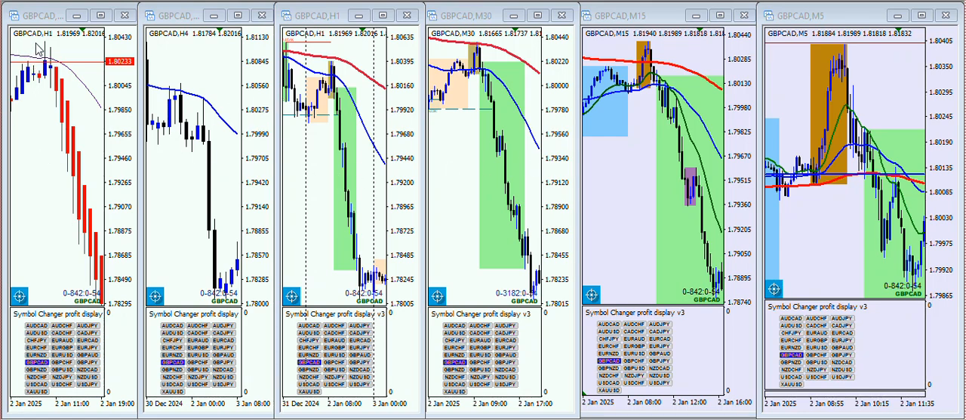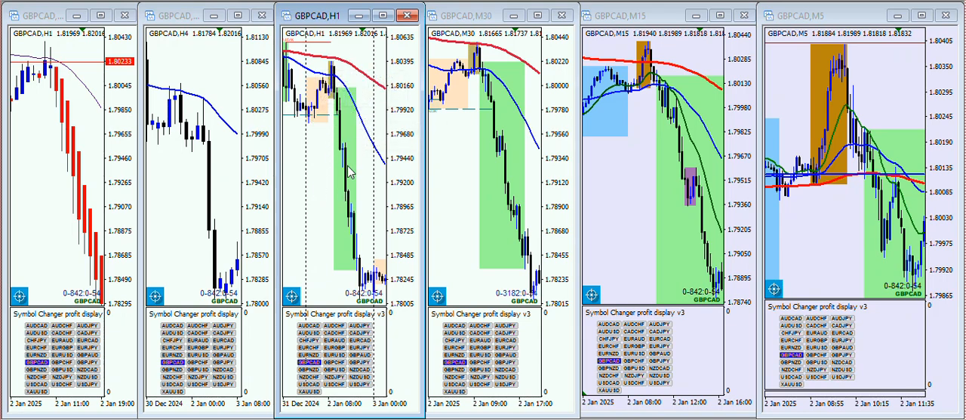So here we have the GBP/CAD on the 1 hour time frame with Heikin-Ashi candlesticks. I also have a 50 exponential moving average on this 1 hour time frame. The next is the 4-hour time frame. I have the 50 exponential moving average on it with normal candles, right? Then the next is another 1 hour time frame with the 50 exponential moving average and 200 exponential moving average